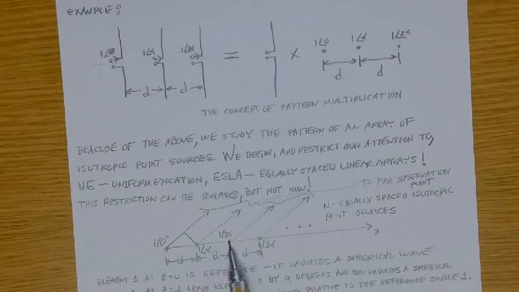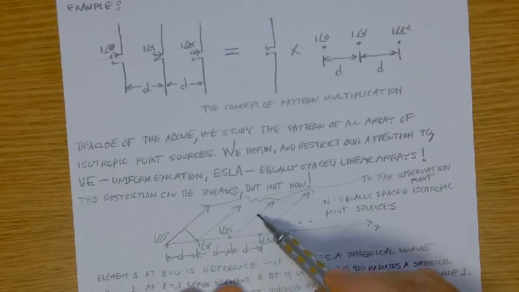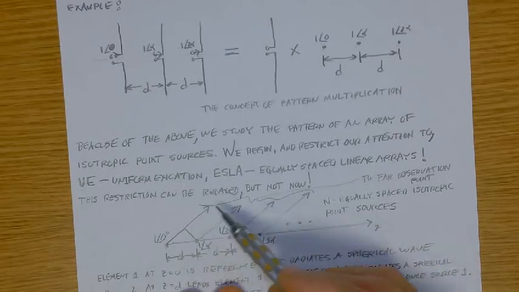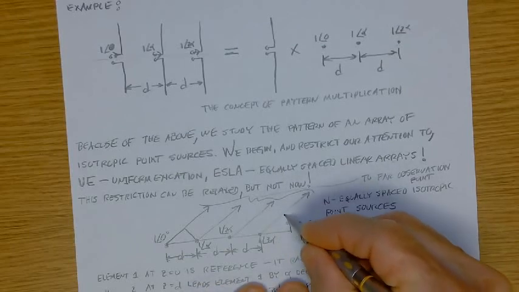And then this one leads the reference element by 2 alpha. So this is a linear increase in phase as you move down the array. So here are the rays. These are called rays. Here are the rays from these point sources out in the direction theta,